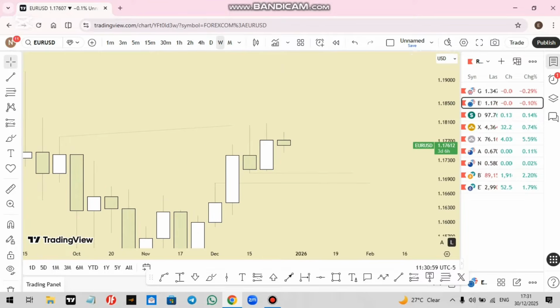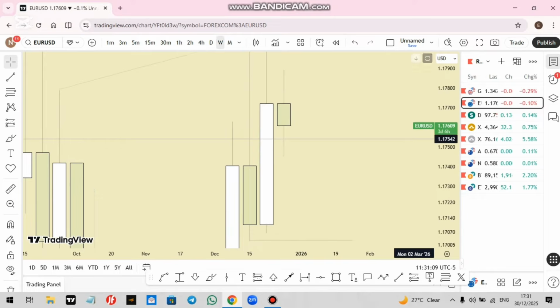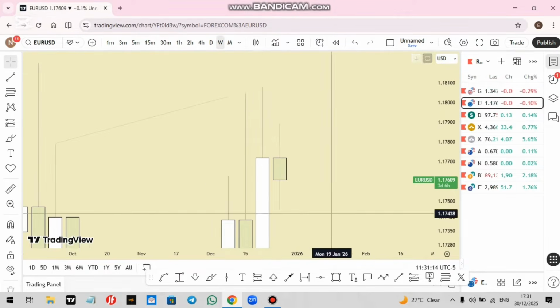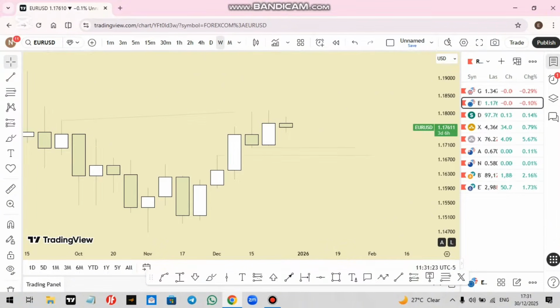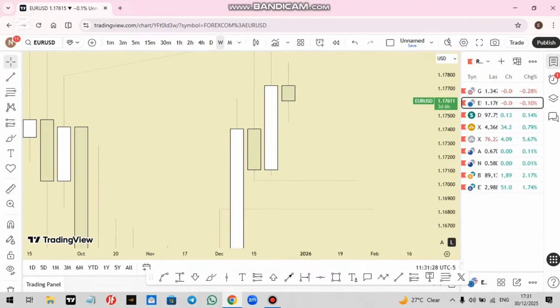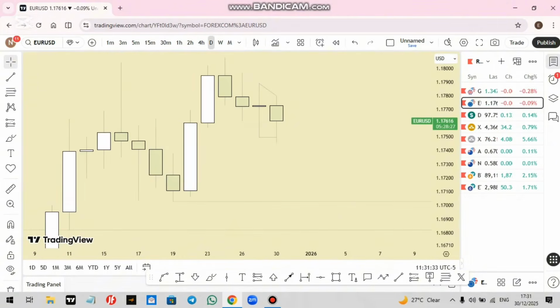Look at this fair value gap. We have a fair value gap that is not yet filled, right? Secondly, we have this range candle that swept the low and went down. So I am not expecting this order block to hold. If it's going to hold, it should hold; if it doesn't want to hold, it won't. But all I know is that I'm going to take this to the next level, which is the sell, right? Okay. Now, if you check the daily time frame,